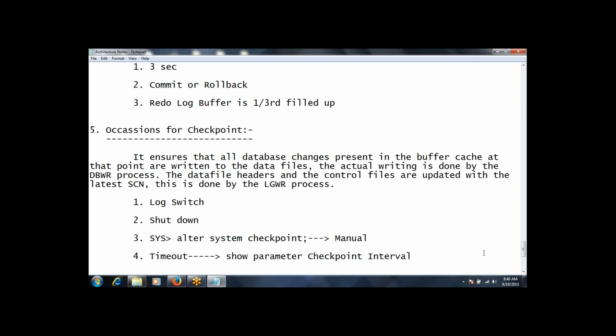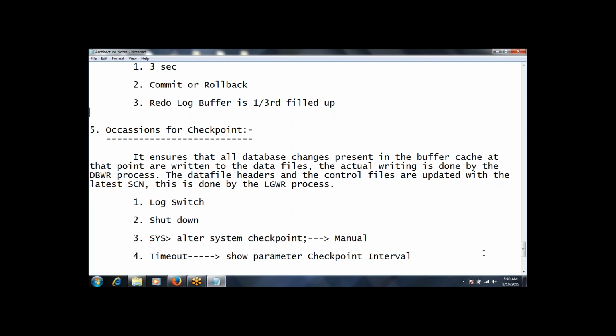Here, the checkpoint will act as a team leader or a project leader who will make sure that the database writer is writing the respective data from the database buffer cache to the data files present in the tablespace in the hard disk or not. Yes, that is one job for checkpoint.